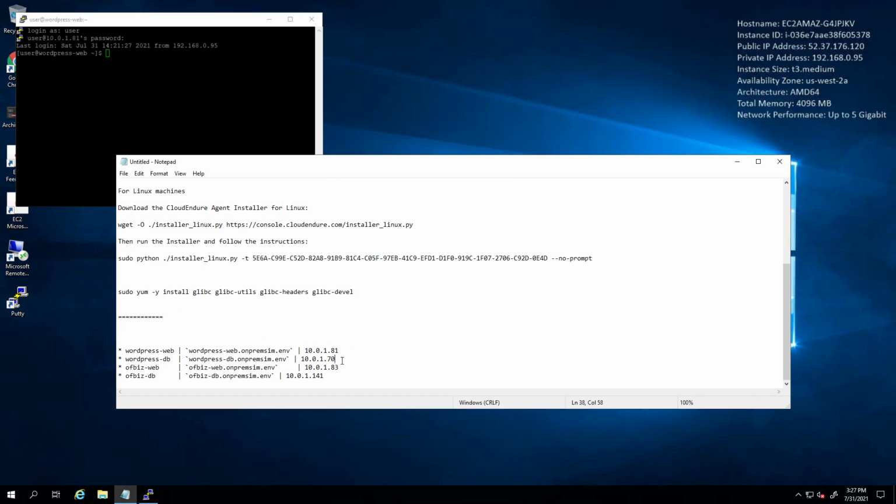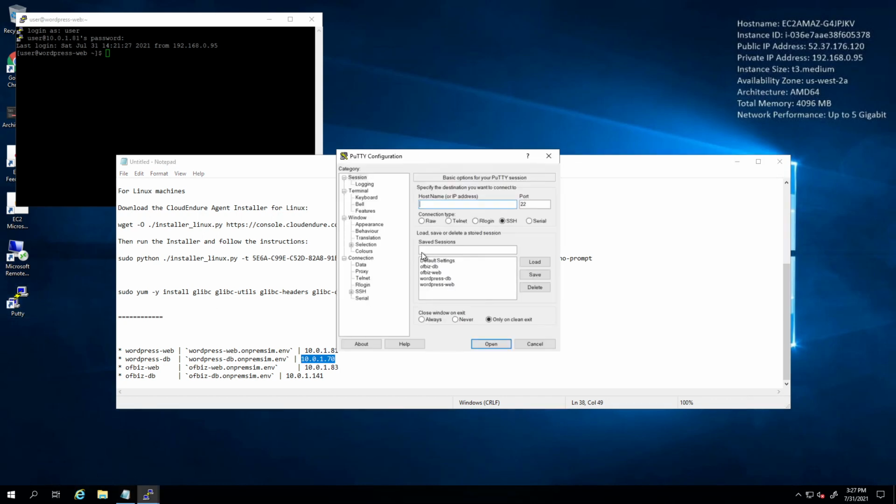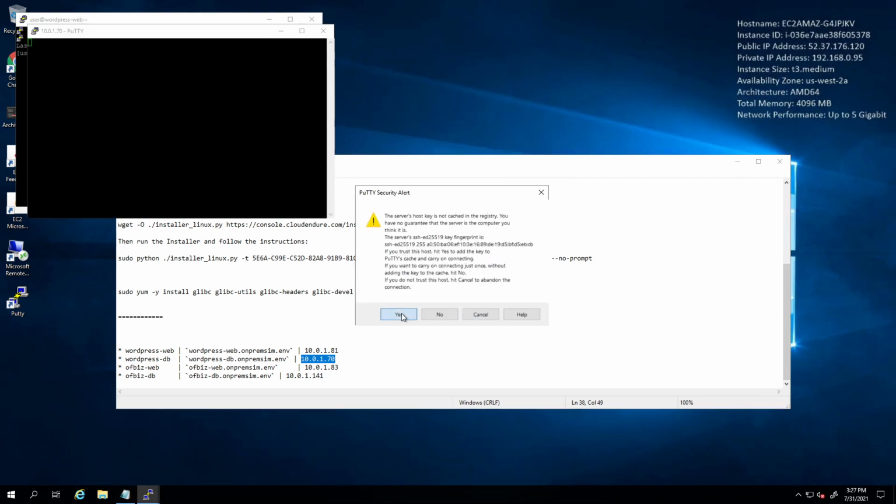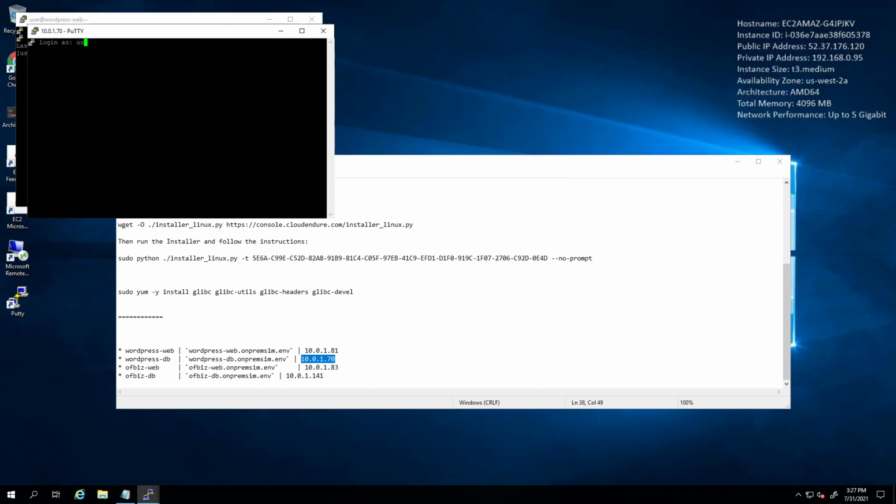Once again, let's keep all four servers open so that we can execute the same commands in all places. Login as user, the same standard command, password, AWS MID20.